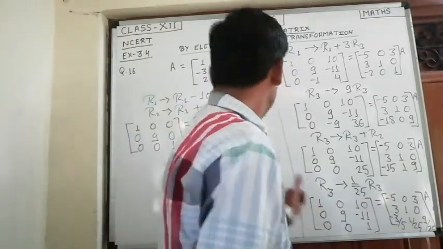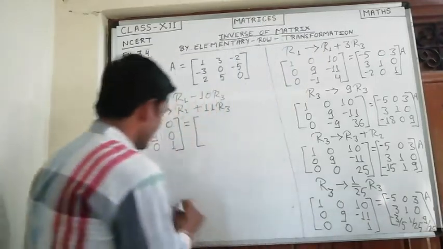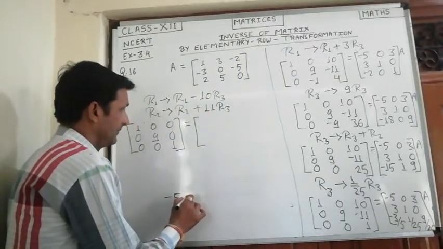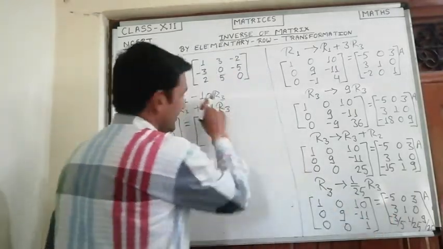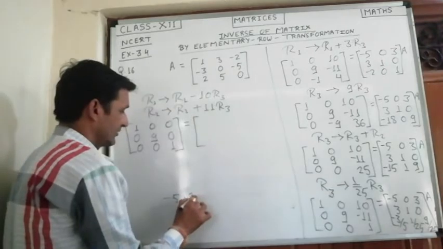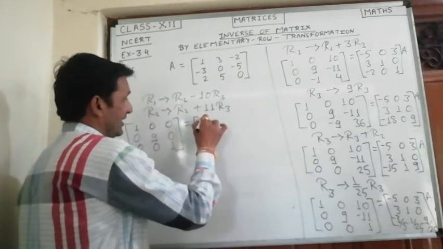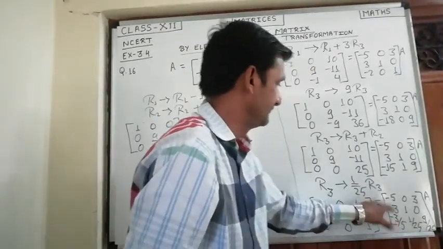Now what happens here? Let us see. In R1 minus 10 R3 means minus 5. See here, you have to solve it. Minus 5 minus plus, because this is in minus. 10 3 is 30 upon 5. 30 upon 5. That is 5 6 is 30. Means 6 minus 5. It will be 1. This part I have solved.